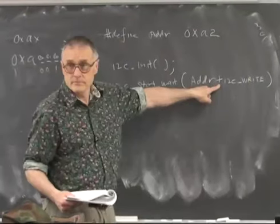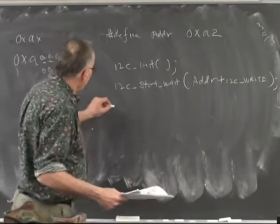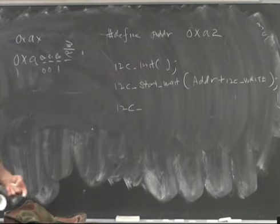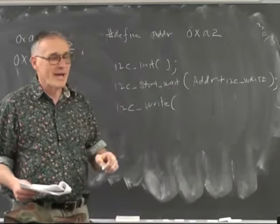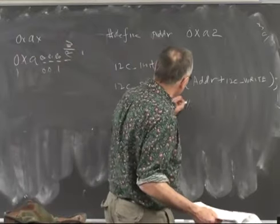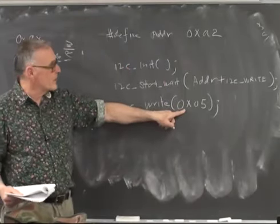And we're adding that. And then once that returns, we are ready to write the address in the ROM into which we want to write new data. And so we're going to do an I2C write with a byte which is the ROM address. Not the device address, but the specific one out of 256 locations that you can write in the EEPROM. And so we'll give it a value of 05, completely arbitrarily. So position 5 in memory is going to be written with